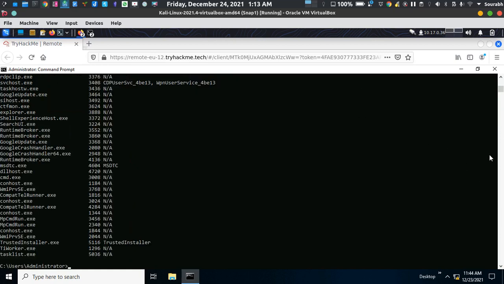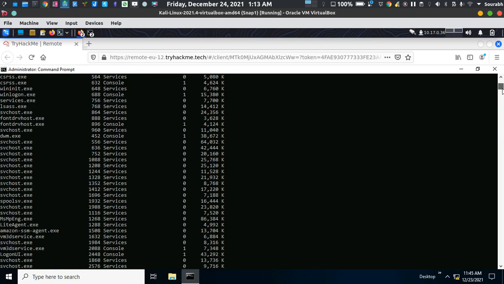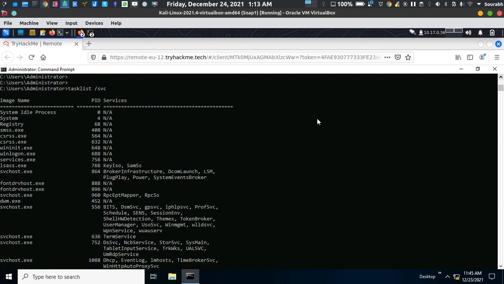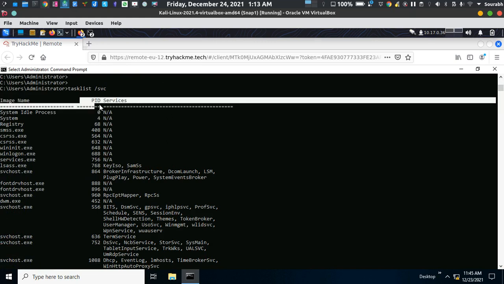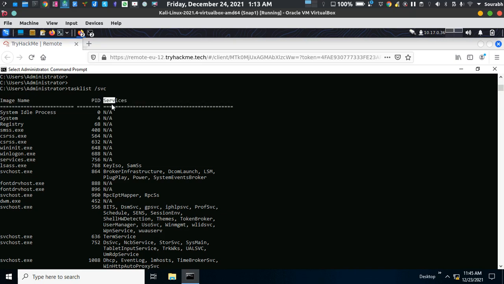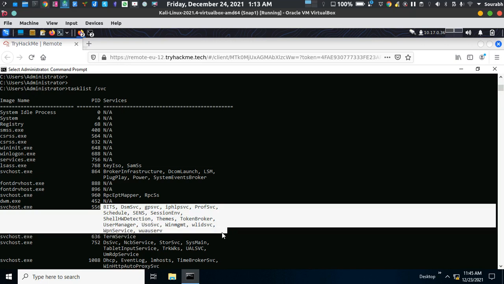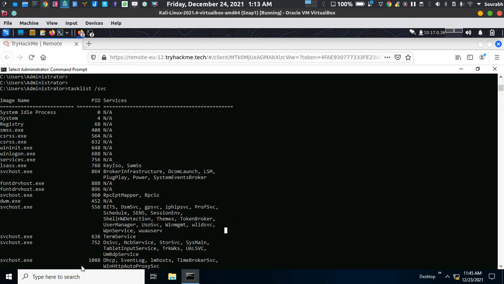This is also a command for finding the compact version of the tasklist output, under which we can know the service name, the assigned PID, and which services are assigned to it. Just like svchost, all these things are assigned to the svchost executable file, which is basically the executable file hosting these services.